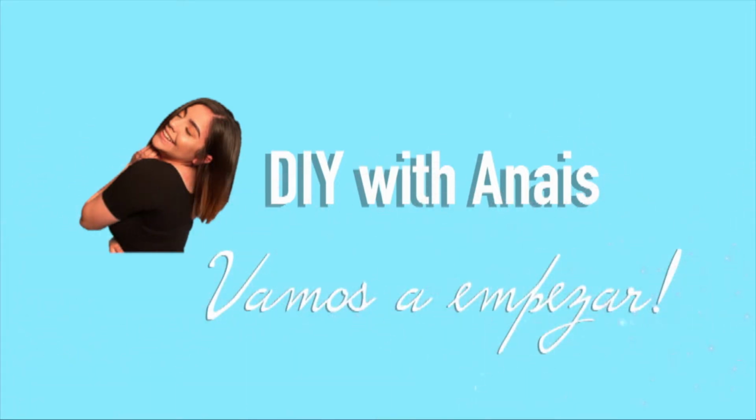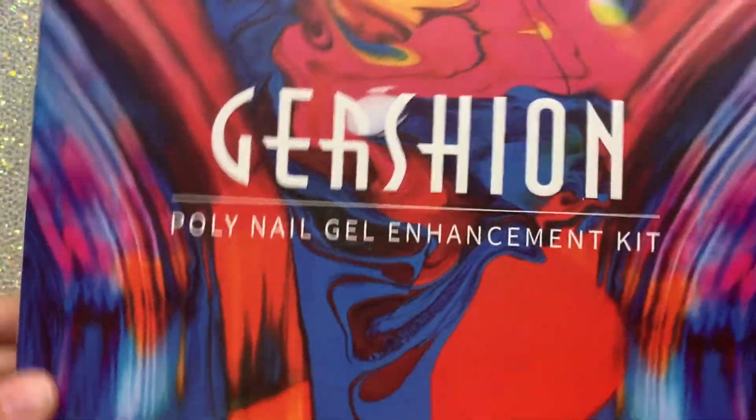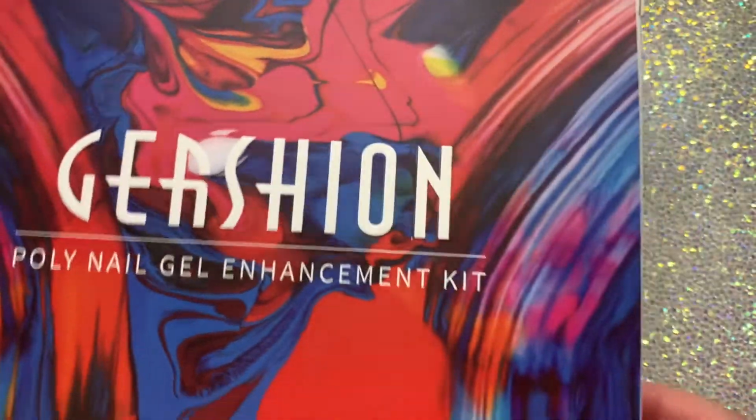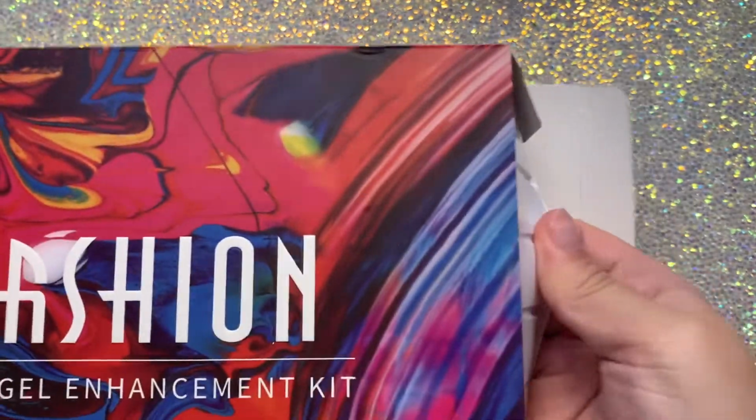Vamos a empezar. Hey y'all, so today we're going to be doing Gershion's review. I am really excited. I got this kit off of Amazon and it was super affordable, so I'll link everything